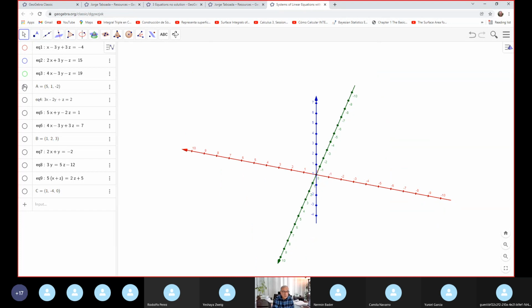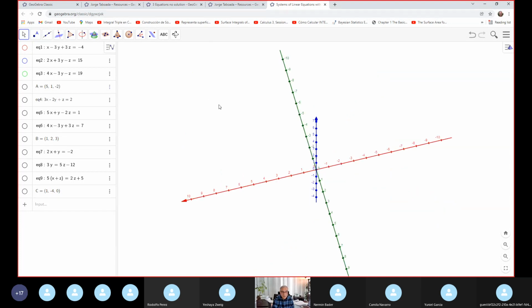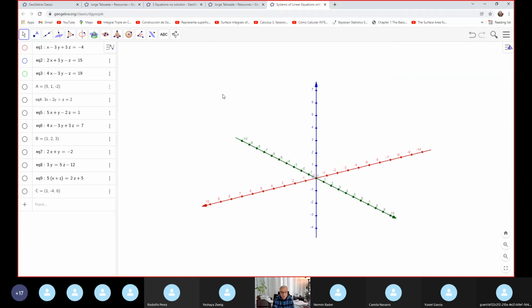I delete the equation, I delete everything. This is my three-dimension space. The red axis is the x-axis, the green is the y, and z is blue. And you can plot here